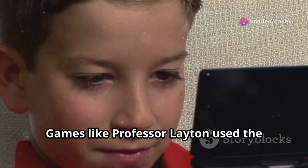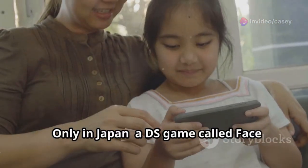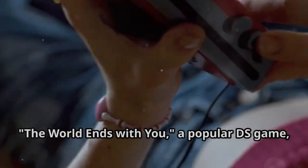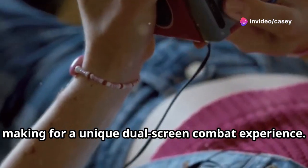Touchscreen puzzles. Games like Professor Layton used the touchscreen for unique puzzle mechanics. You could finally voice chat with friends in Pokémon Diamond and Pearl. Only in Japan, a DS game called Face Training for exercising your facial muscles. The World Ends With You, a popular DS game, used the touchscreen and buttons simultaneously, making for a unique dual-screen